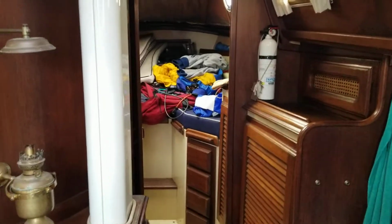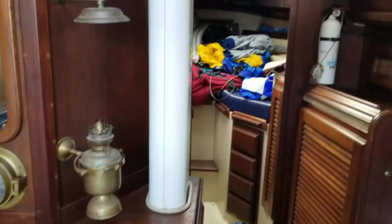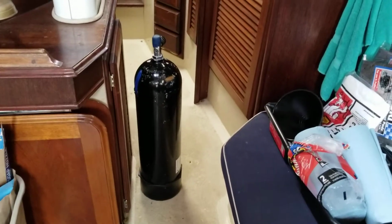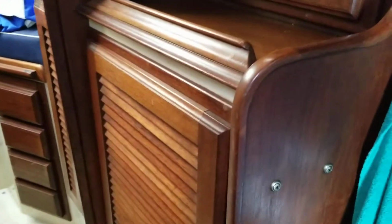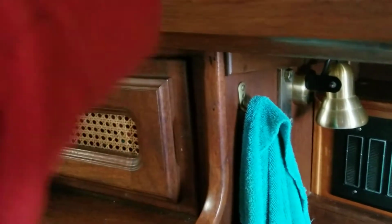All right, so moving forward in the boat, you can see that this is the mast, and it's a keel-stepped mast, which is good for security reasons and stability and everything. That's my dive tank that I got, so I can clean the bottom. To the right, there's a hanging locker. It's where I keep all the life vests and cushions and stuff. Some additional storage area. And I think some of this wood is in all in all in pretty good